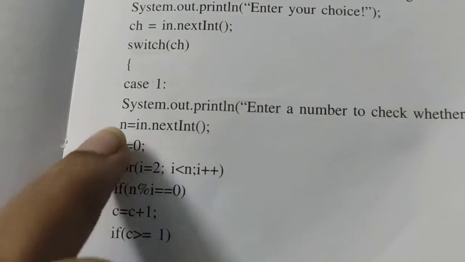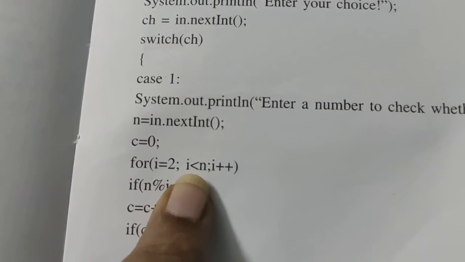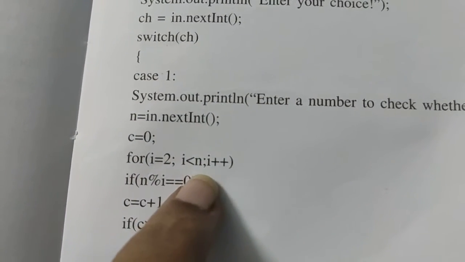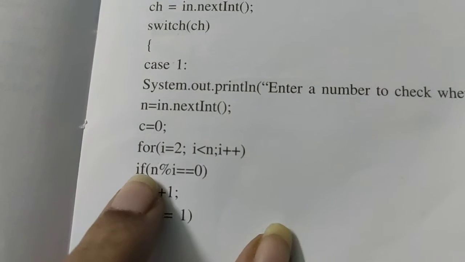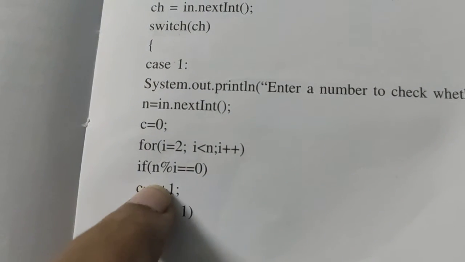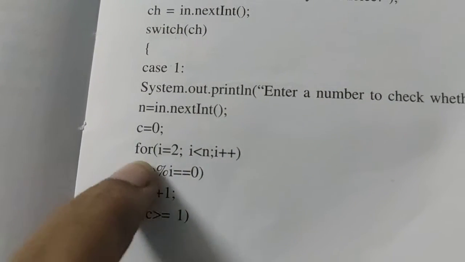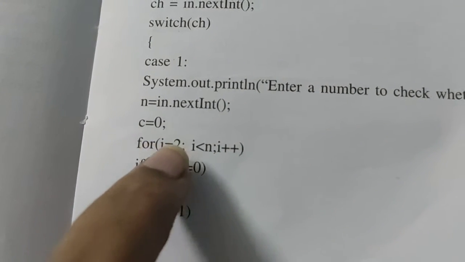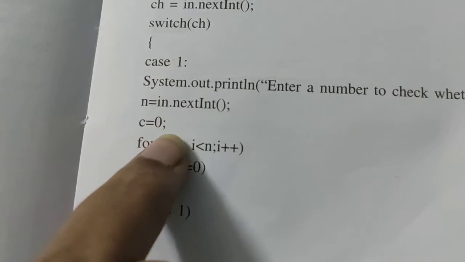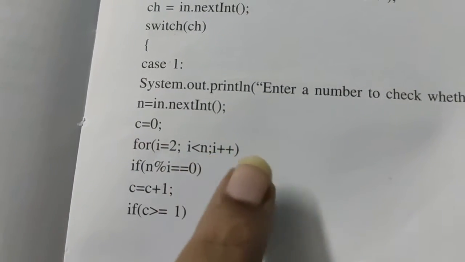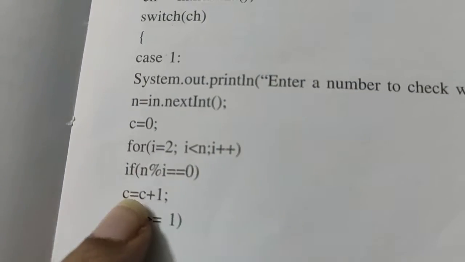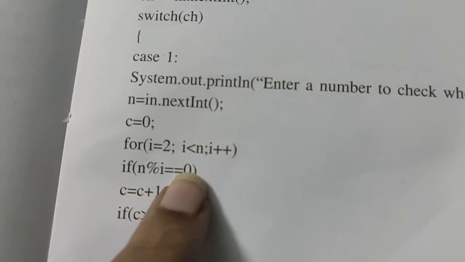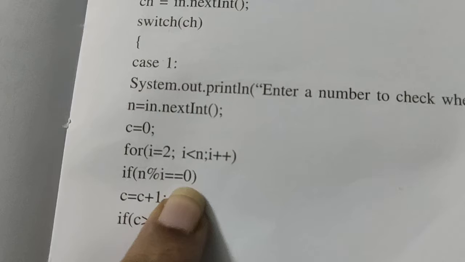That is the reason we have given the input number here, so the iteration is going to be done only till that. Next, we are going to check if the given input number is divisible by I. This number is going to change 2, 3, 4 like that, it keeps on increasing, and if that number is divisible, your remainder will be equal to 0.